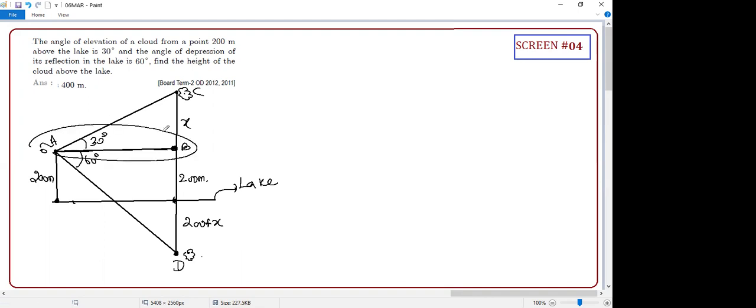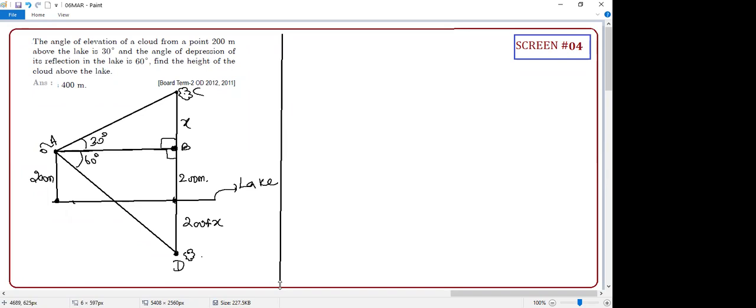This AB is common between both the triangles. So you should know what are the two right triangles you are going to take. It seems a very difficult question, but if you understand, it's easy. First triangle, what am I going to take? I'll take triangle ABC. Can you tell me which theta I'm going to take? Tan 30 degree. Opposite is BC. Adjacent is AB. So tan 30 value is what?